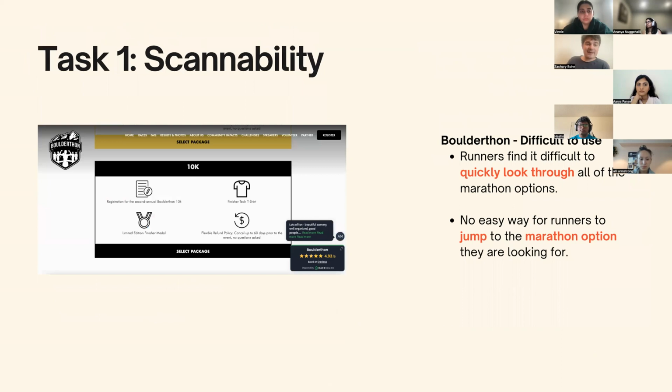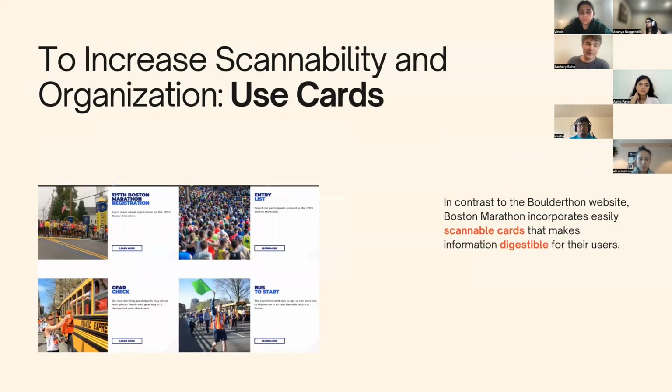So we recommend, for Boulderthon, just in the teardown process, we confirmed with the usability insights that it was kind of difficult to quickly look through and scan. And again, these are the cards for the Boston Marathon that we think might make sense for you guys to adopt something similar. So there's this option, or on the next slide,